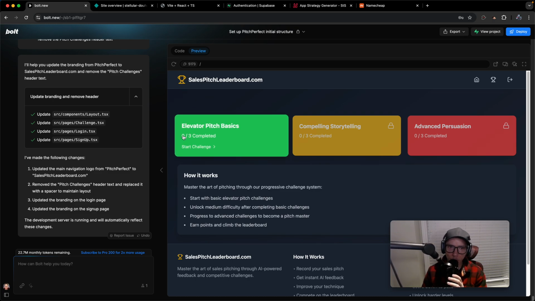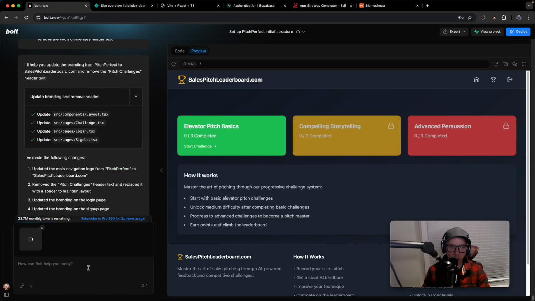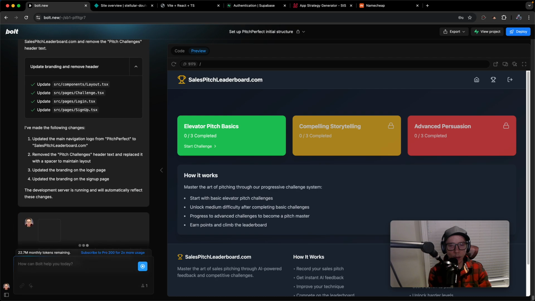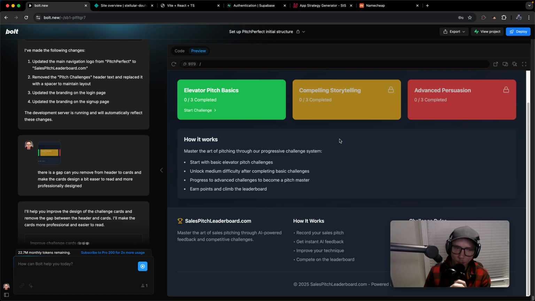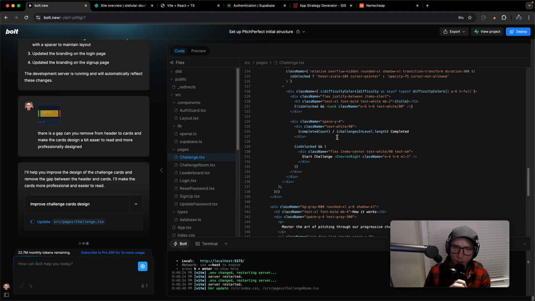Oh, there's a gap now. I'm just going to show it like this. There is a gap. Can you remove it from header to cards and make the cards design a bit easier to read and more professionally designed, maybe. Either way, okay. And then there's all these little tweaks that I want to do to it. I'll do that. Then I'm gonna make the